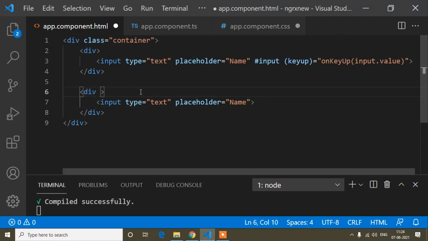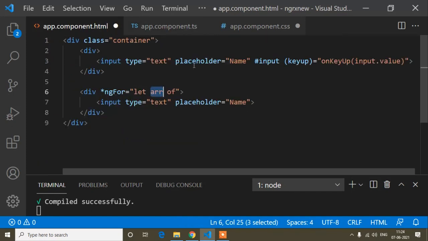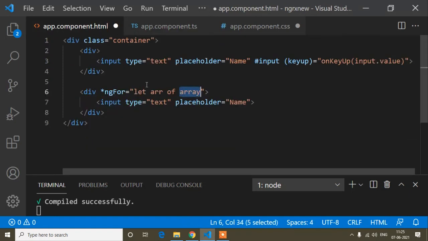So how can I bind? Using an ngFor of loop. So here I will write ngFor, and now let. The syntax to write an ngFor of loop: first of all I have to write a variable. So the variable is arr, a short form of array. You can write any name for this variable. Inside this variable I store the value whatever I'm getting in this array variable, so of this array. Suppose if I type 22, 23, that I'm storing in this array variable, and the value of this array variable I'm accessing here, I mean I have assigned it in this arr variable.